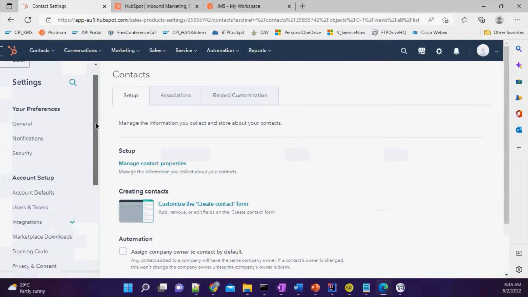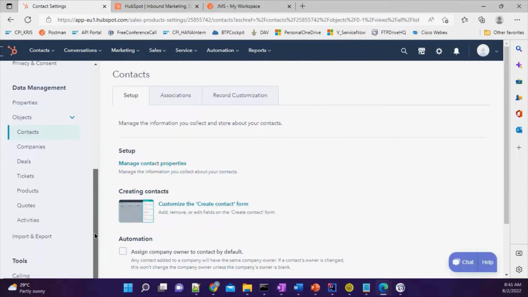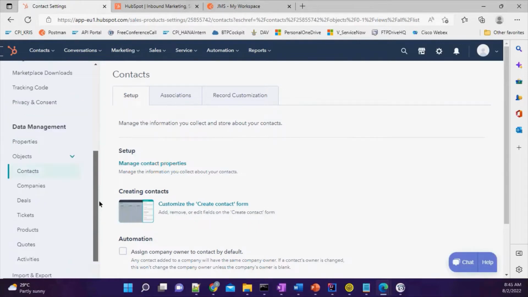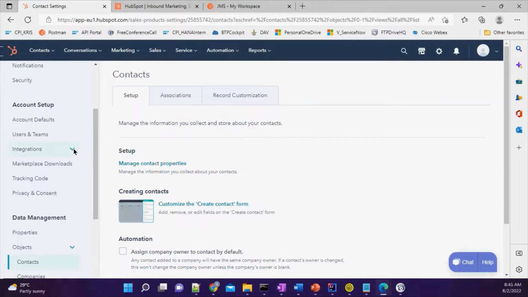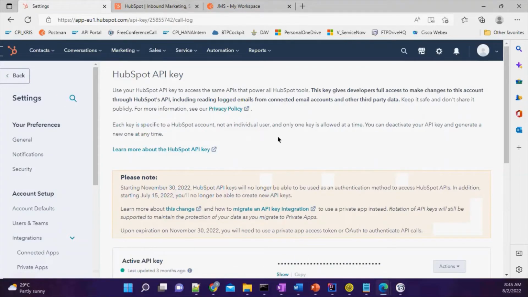Under the settings, these steps will remain the same irrespective of any source system you are accessing through the open connectors. Here you would probably have your API key, which you will be creating. Right now they have stopped accessing HubSpot through API key. Now they have recommended to use a privacy policy. Under this, you have to use the private key mode of integration. But this is where you can enable your API keys or credentials that you need to maintain